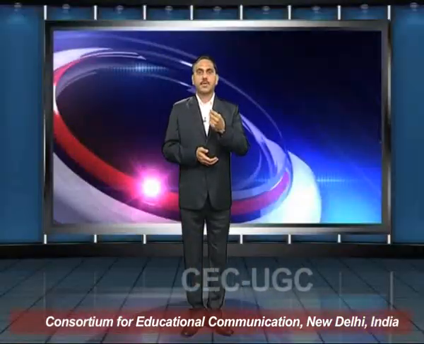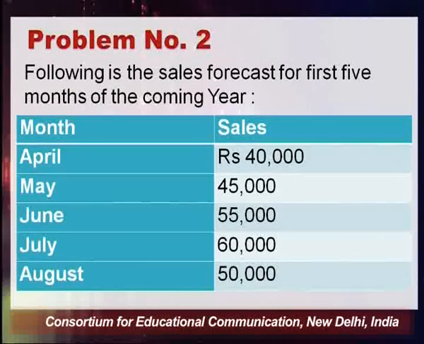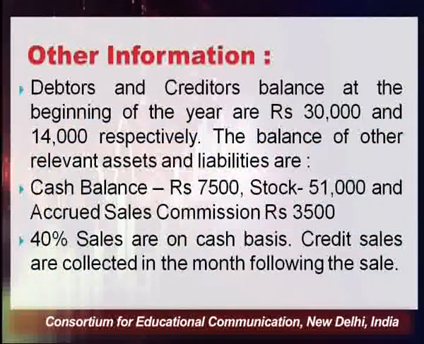Suppose there is a sales forecast given for the first 5 months of the coming year for a particular company. Month-wise sales forecast is given for April, May, June, July and August. The sales forecast goes like rupees 40,000, 45,000, 55,000, 60,000 and 50,000. The question informs you that debtors and creditors balance at the beginning of the year are rupees 30,000 and 14,000